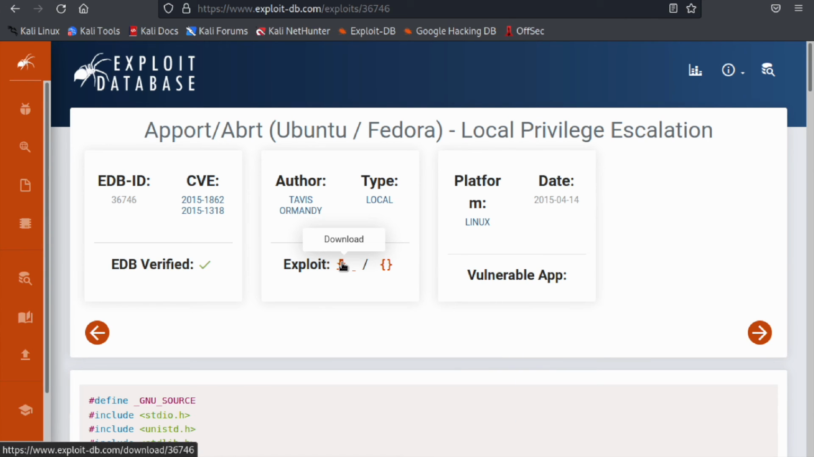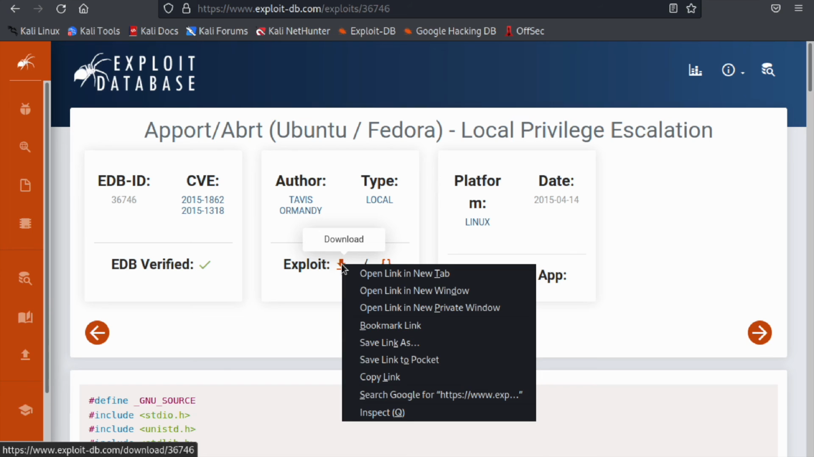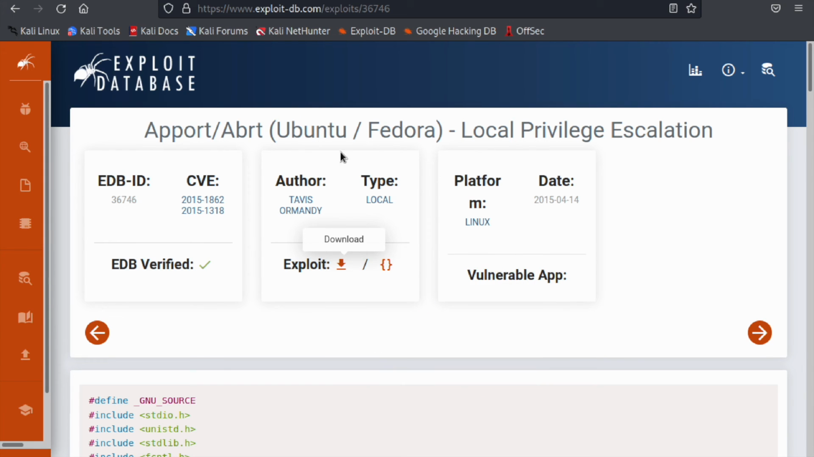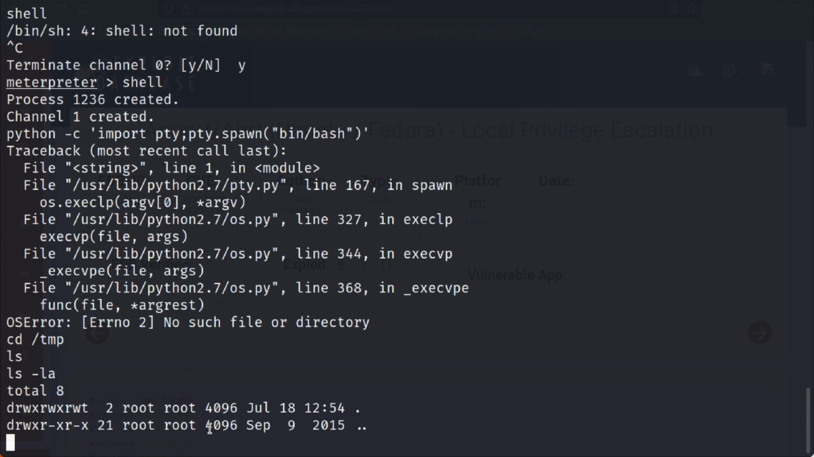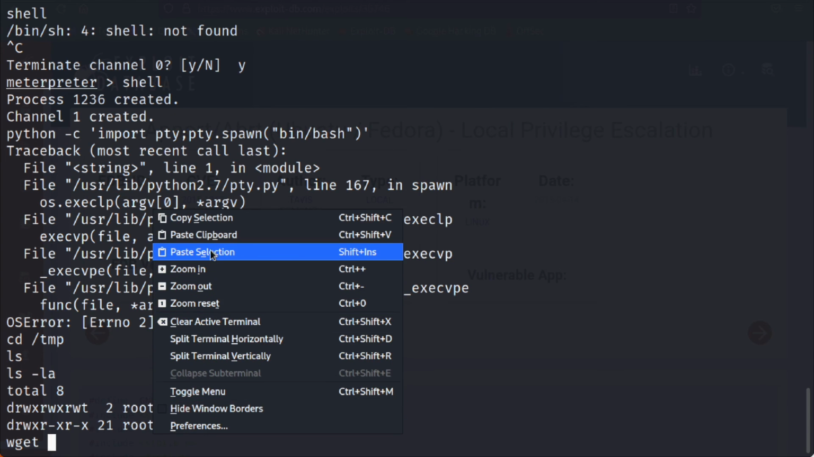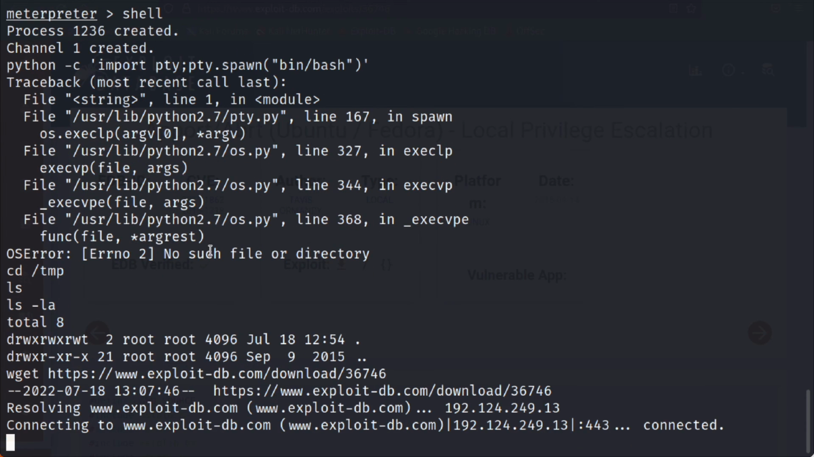So I'll just zoom in. I don't know why the zoom option is not working. So let me do a right click, and over here you could see copy link. Just copy it, and go over here in the terminal and just say wget and just paste the selection over here. So that's it. We started to download